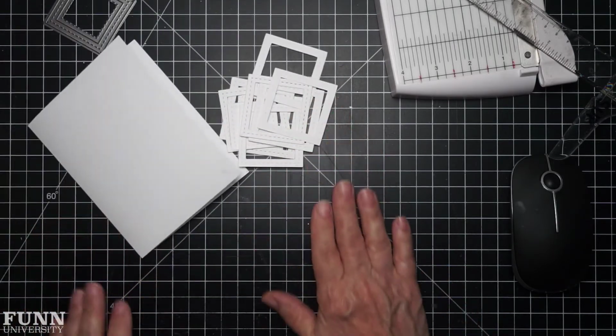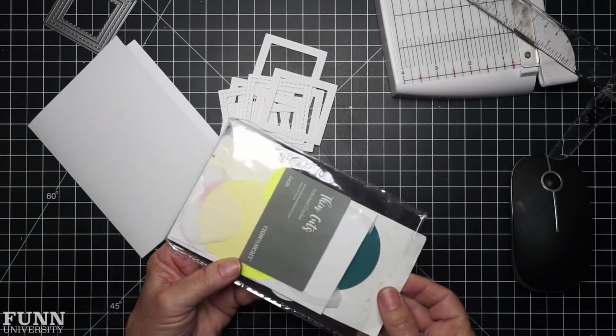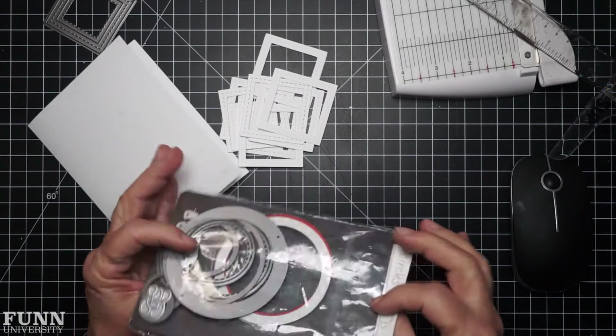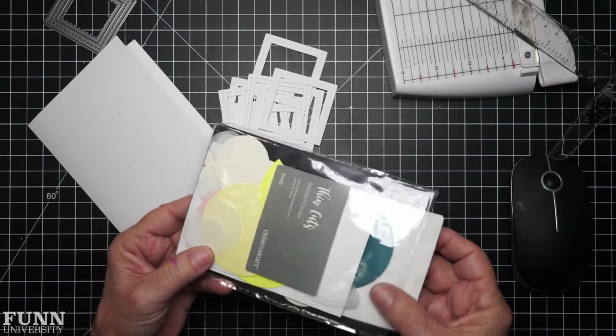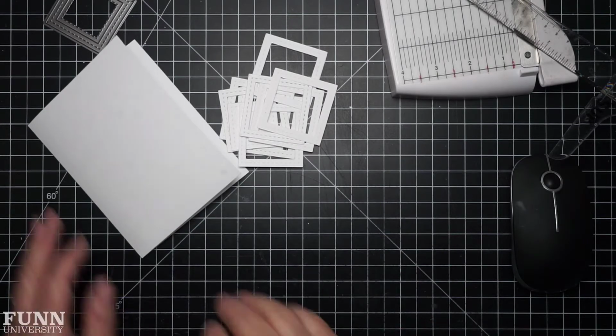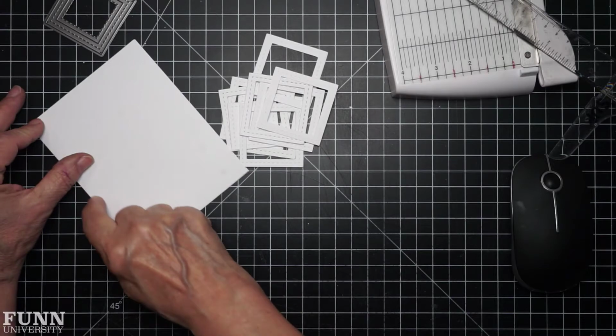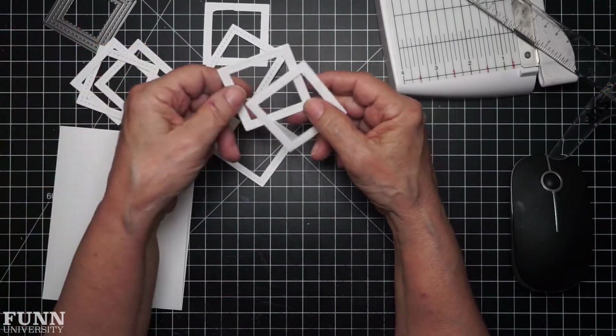These I keep in the back of the stamp or the die set. I know people have different ways to keep these. I'm just keeping them in here, and then I put whatever I don't use in the back. And then I've used them quite a bit, actually, just pulled them out. So here is a pile of these